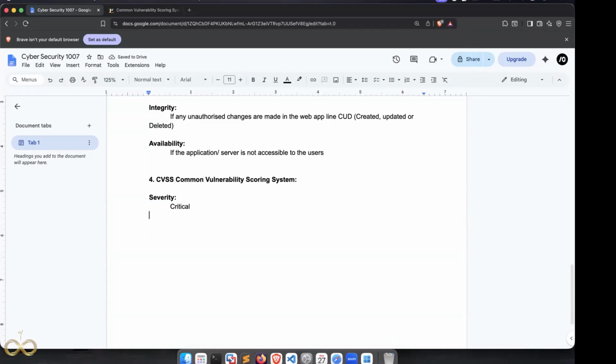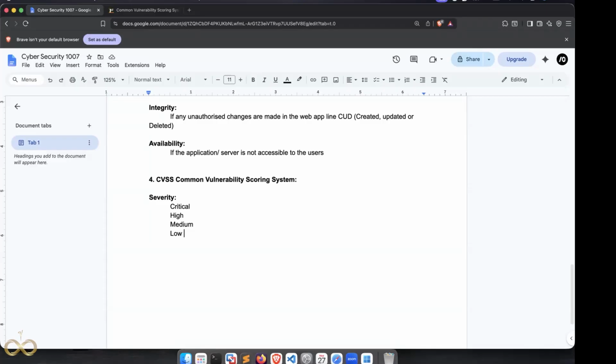It can be very dangerous. That vulnerability is called a critical vulnerability. Then high. High is something which is less than critical, but it's still high. Then you have medium, and then you have low. So these are the four severities that we are going to use: critical, high, medium, and low.